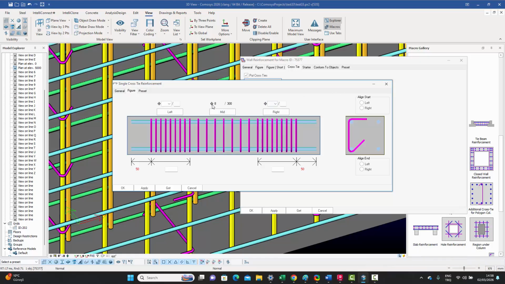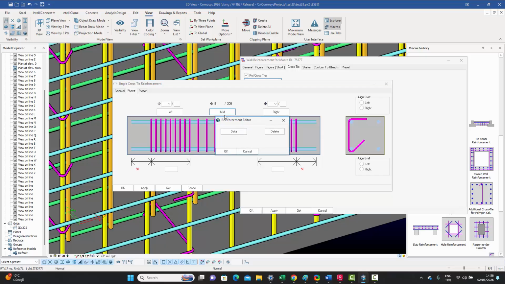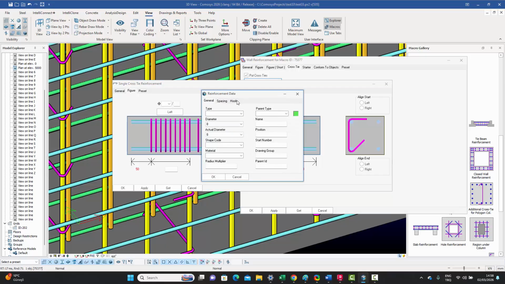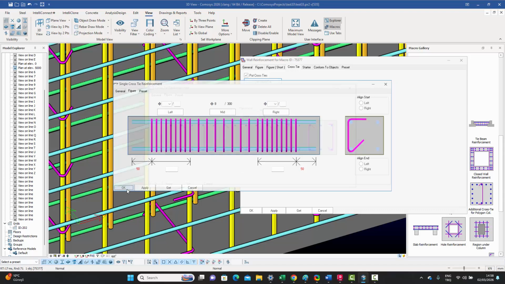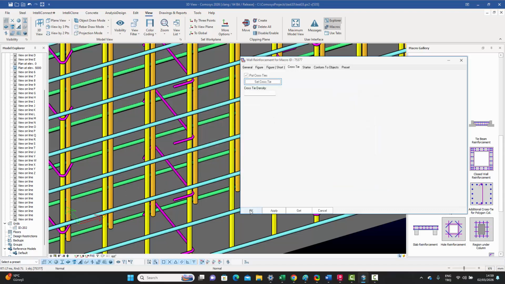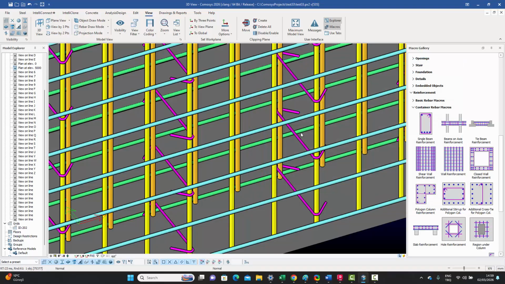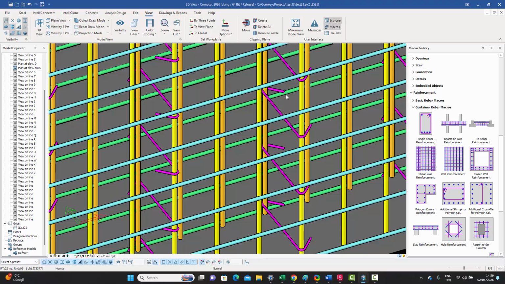Yeah, I think because we're using the midsection, we can go in over here and go into the data. And in the hook, obviously these are by default turned on, but we can give both the start and end angles to be 135, and say okay. And when we do that, we will see that the hooks of all the cross ties have been made 135